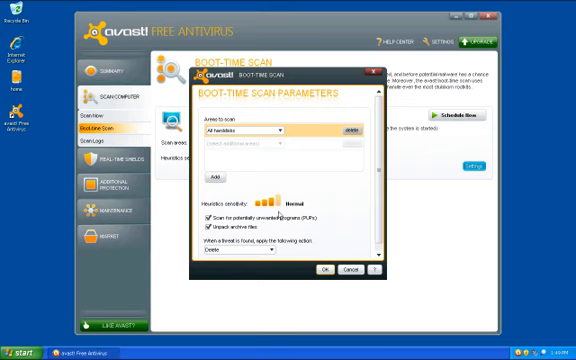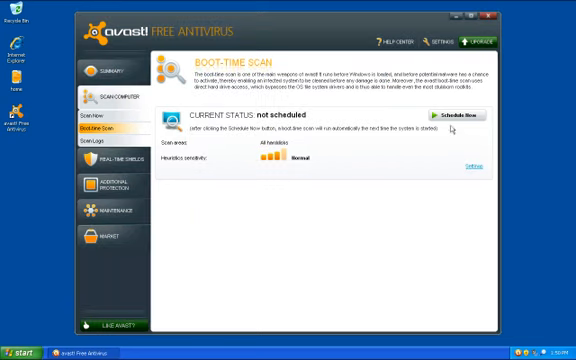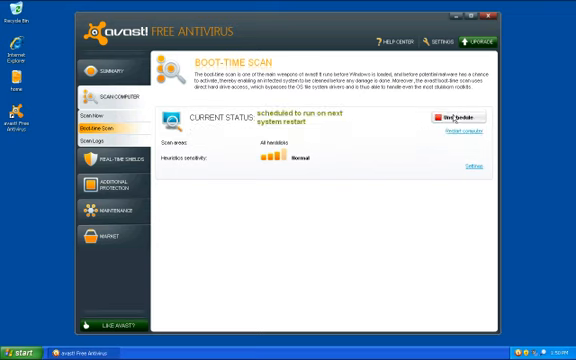So now I've set it to do a boot time scan. The heuristic activity is just how deep it's going to scan in a file, and the sensitivity is whether it thinks it's a virus or not, how sensitive you want it to be to that. So we'll just leave it to normal and click OK. Now you can click on Schedule Now, and then that'll pop up this button here, Restart the Computer. If you do that, then it'll restart the computer and it'll start scanning files. You'll see a black and white screen with writing, scanning each and every file. And if it finds